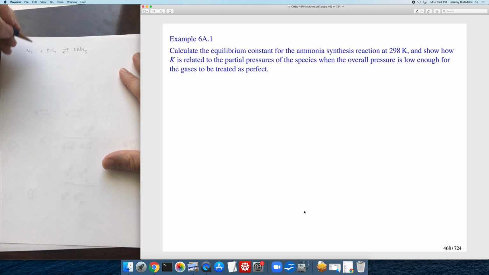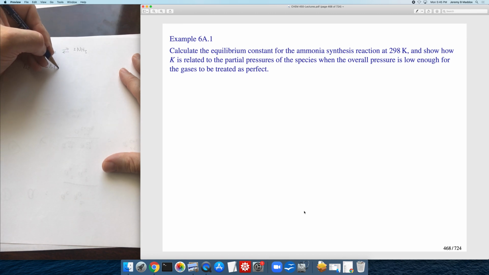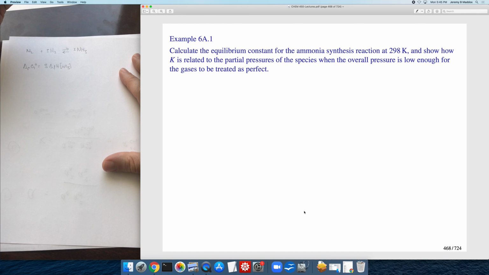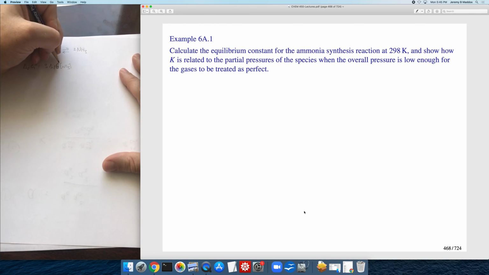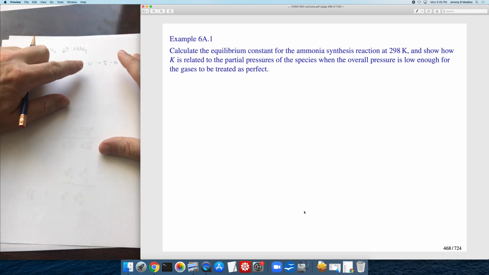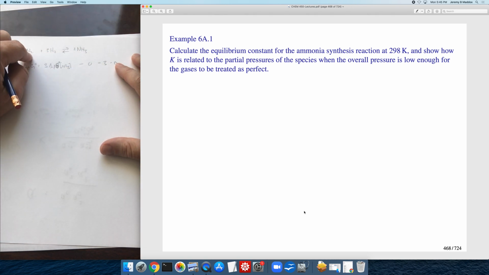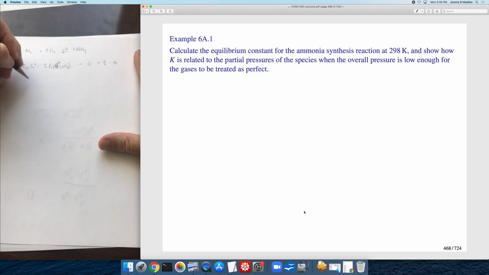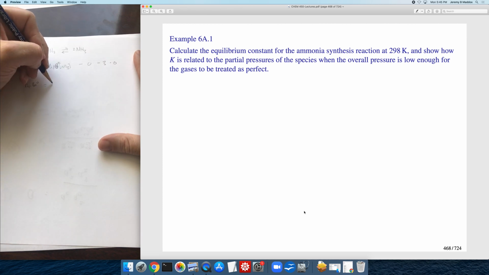What you would need to do, you would use your thermodynamic tables to calculate delta G for the reaction. It will be 3 times the enthalpy of formation for ammonia, and then you would subtract, not enthalpy, Gibbs energy, the Gibbs energy of formation. And then, you're subtracting off 0 for the nitrogen and minus 3 times 0 for the hydrogen, because the formation Gibbs energies for these are 0. So you get that number. And then to get the equilibrium constant, what you would do is you would use this relationship